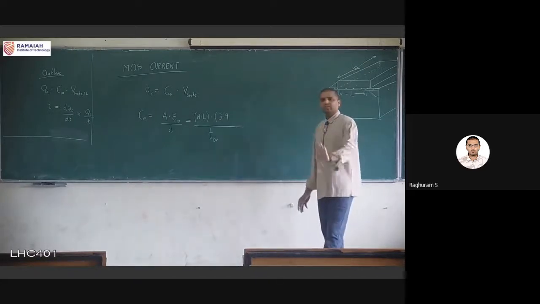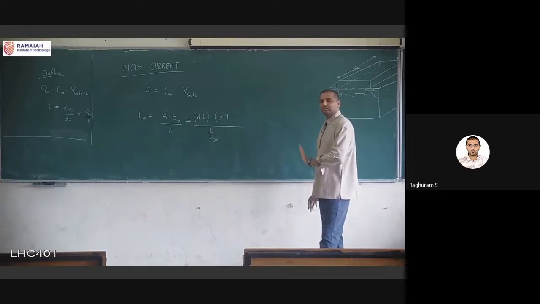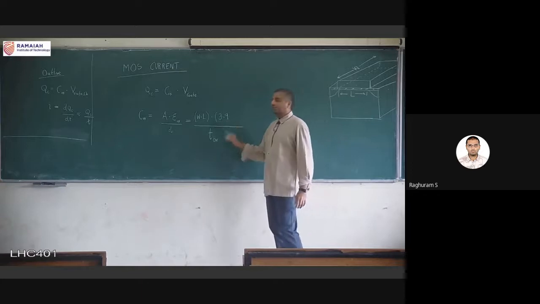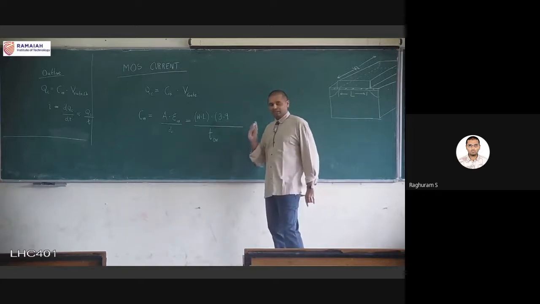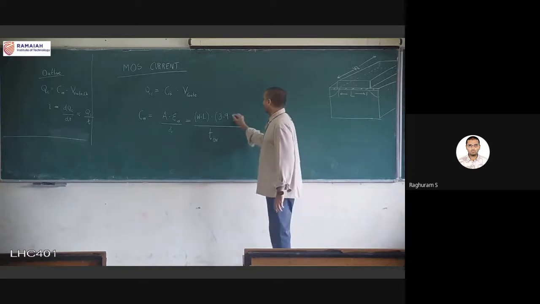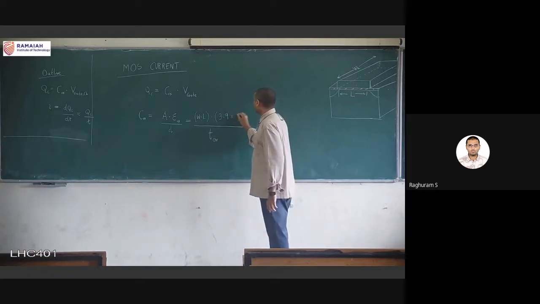In most cases for us also, it is still going to be silicon dioxide. If it is not given, number one, the relative permittivity is 3.9, and into 8.9